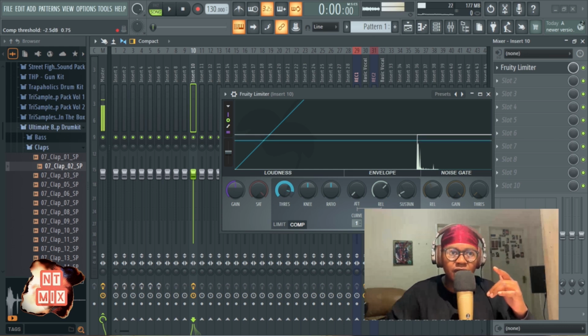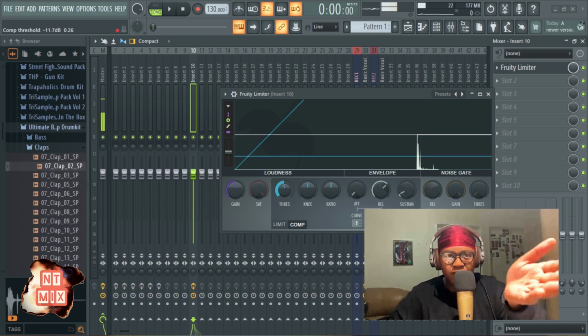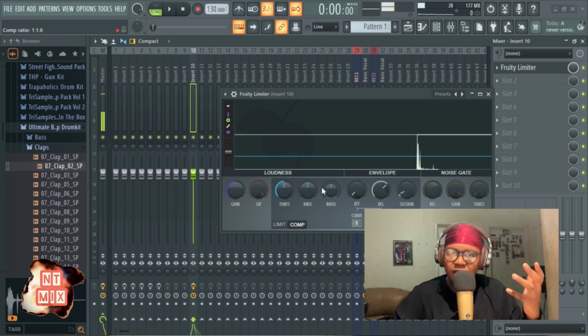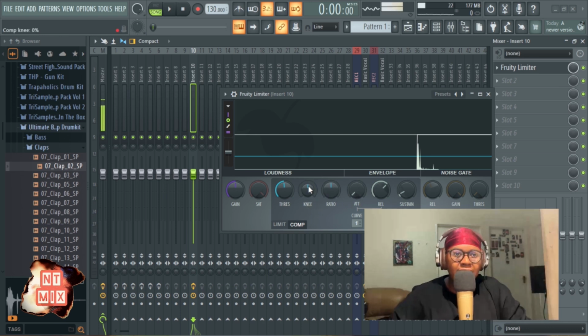So I'm gonna put this threshold down here. Visually we are catching a peak here. So I think that's a nice and easy way. A good thing about digital audio workstations is it lets you see it with your eyes, but don't only use your eyes, use your ears and use your heart for what you want. So we come here, we have knee. Essentially it will